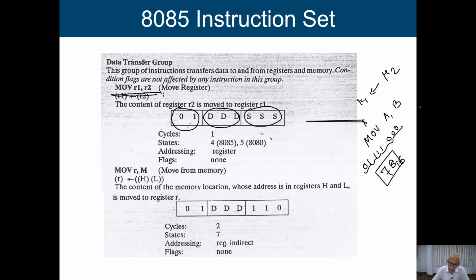So this is the way that we are going to look into it. Now this is the output. Now by giving different register encoding, we are going to get several different instructions. In this particular case, you just see that we are having 7 different registers. These 7 different registers can be transferred to other 6 different registers.